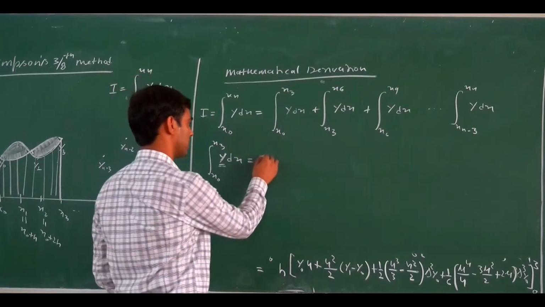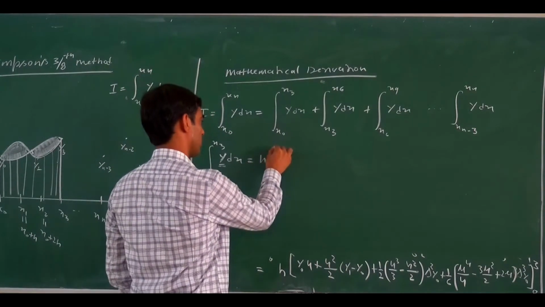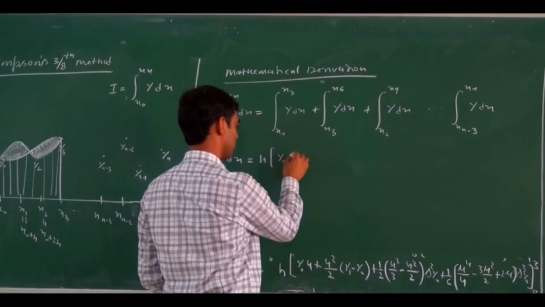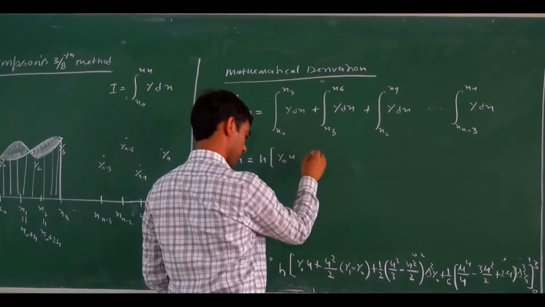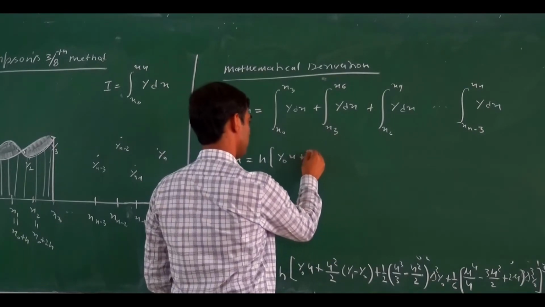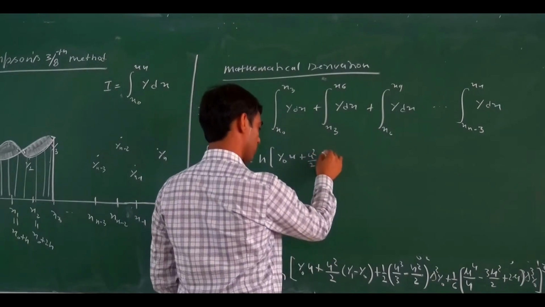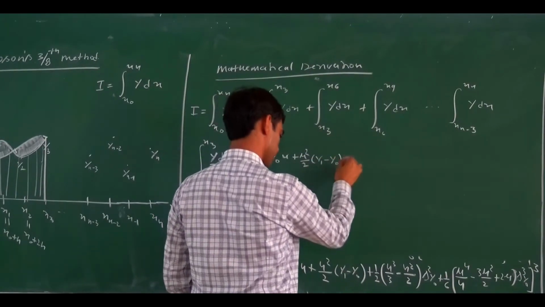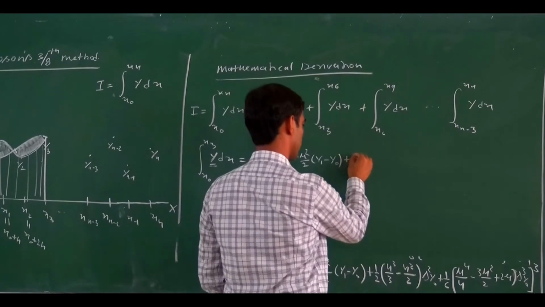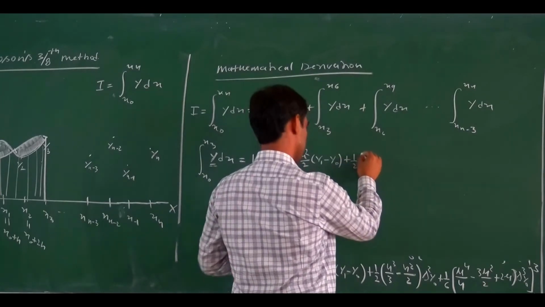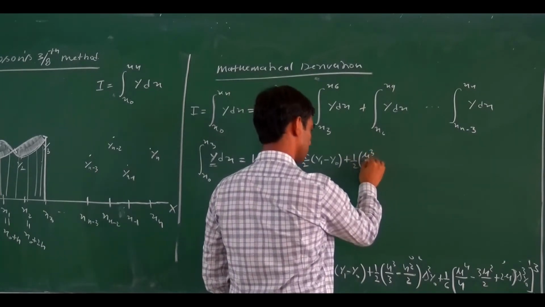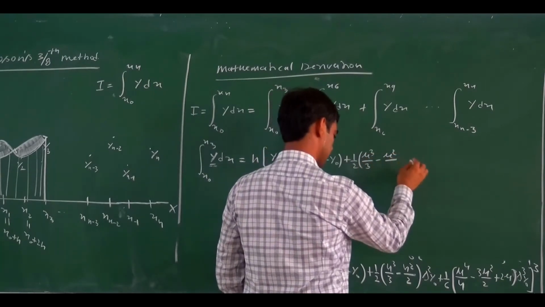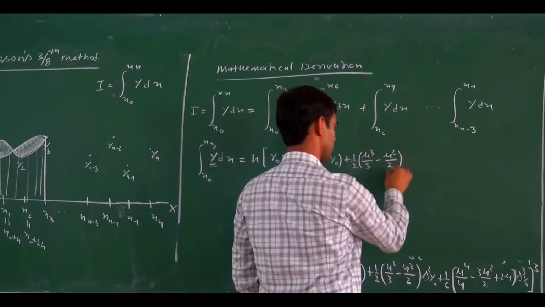So here this becomes h y0 u plus u square by 2 y1 minus y0 plus 1 by 2 u cube by 3 minus u square by 2